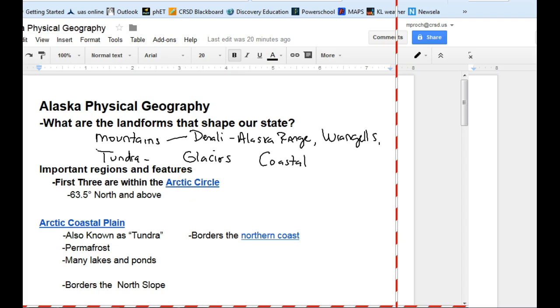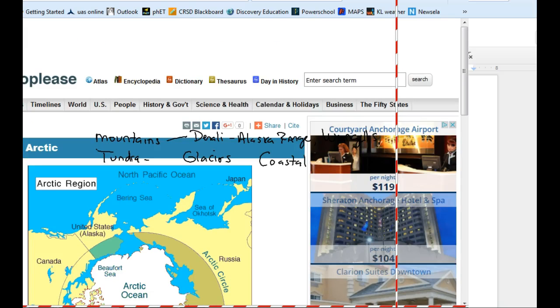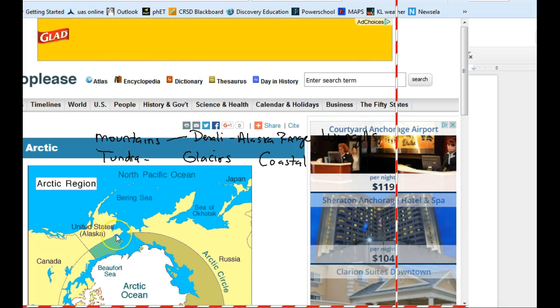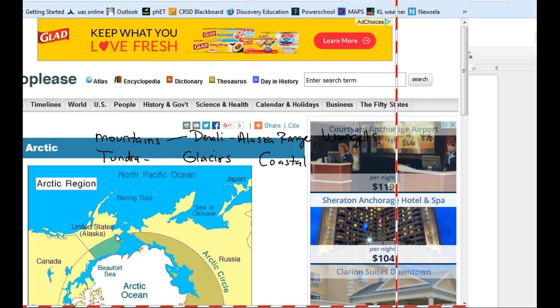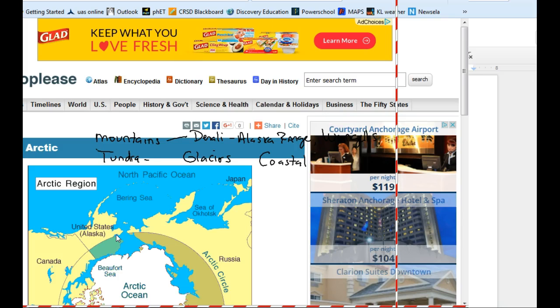So if we look at a picture of that, here we are. I'm just going to leave those notes up there. But you can see here's Alaska. You can see this colored in region here. That's the Arctic Circle and above. You can see almost half of all of Alaska is within the Arctic Circle. So we live in a place that's really cold, and you look at some other places, Russia is connected somewhat to it, Canada not as much in proportion as we are, but this really shapes our geography.